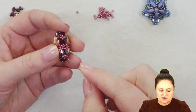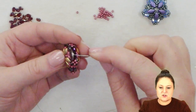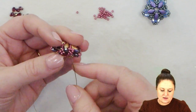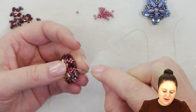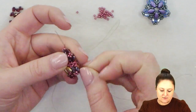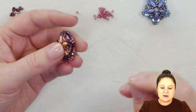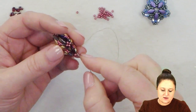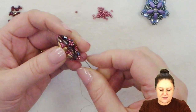I'm going to go through my 11-0, through my crystal, and I'm just going to move over to the next section here. So I'm just going to pass through all of my beads, all of the beads that I added, follow my thread path, and go through all these beads again, up through this crystal, through my seed bead, and I'm going to start over again here. So down through my crystal, I'm going to pick up the 3 11-0s, cross them over, up the other side. I'm going to follow the same pattern